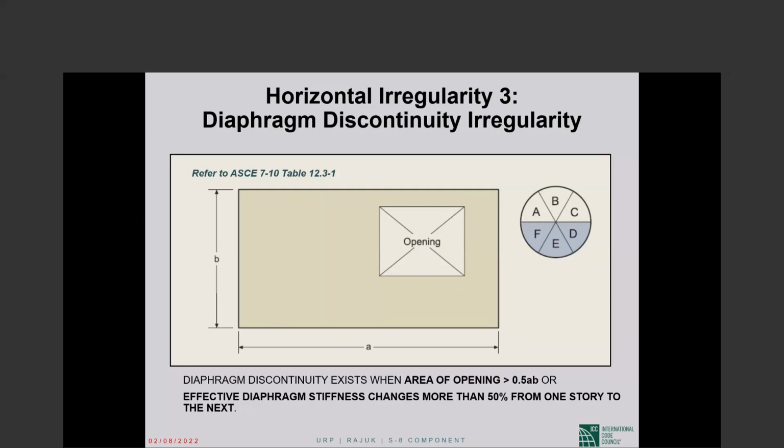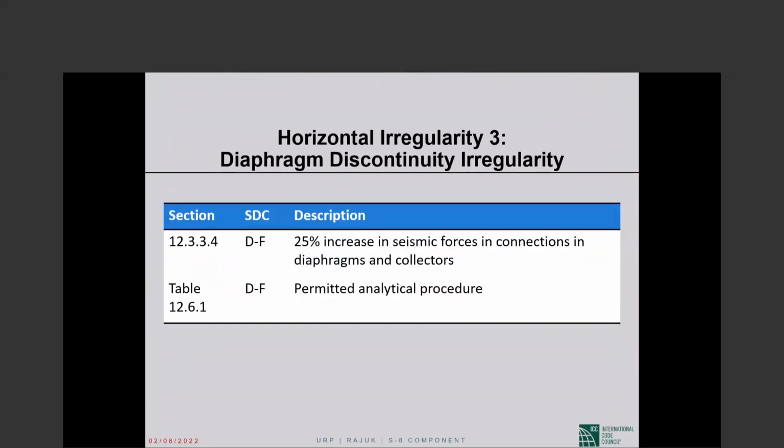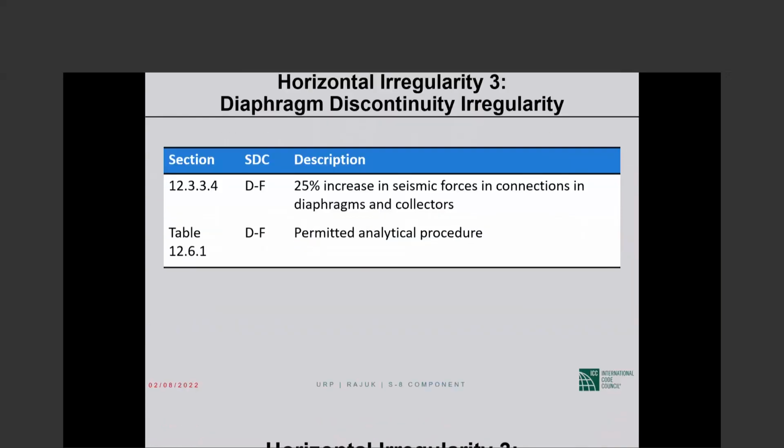So 50% or more of the diaphragm is an opening, or effective diaphragm stiffness changes more than 50% from one story to the next. What you consider effective is up to you. If you have diaphragm discontinuity,